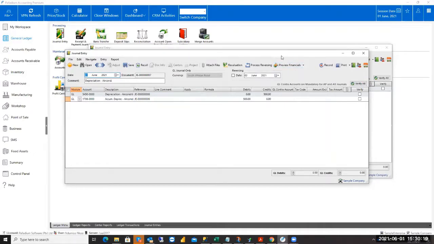And then the preview financials function, what it does is it shows you what effect this particular journal entry is going to have on your financials in terms of your balance sheet, income statement, and your trial balance. So it shows you what the current balance is, and it's going to show you what the net effect of this journal is going to be on your different accounts in terms of balances